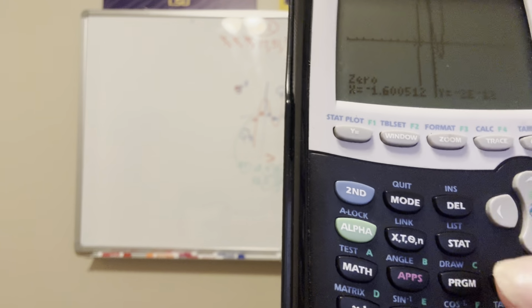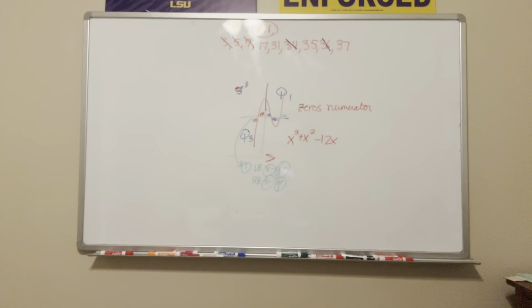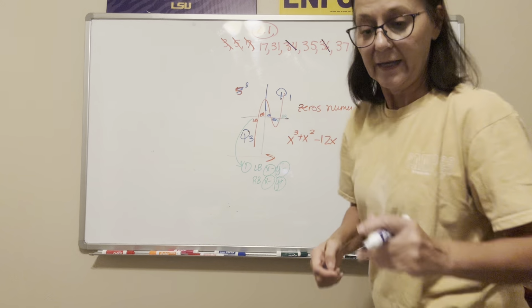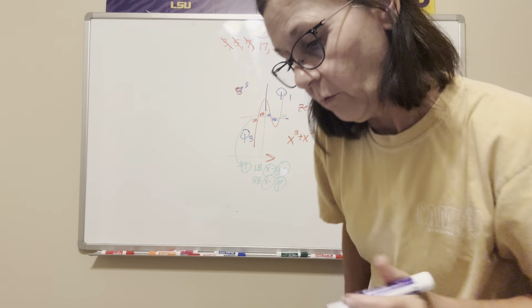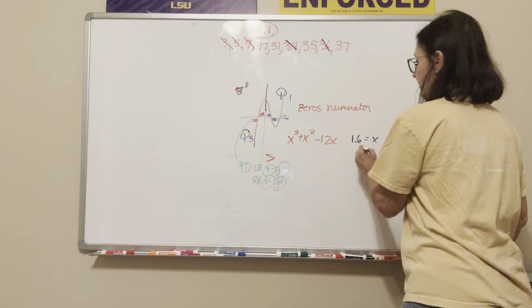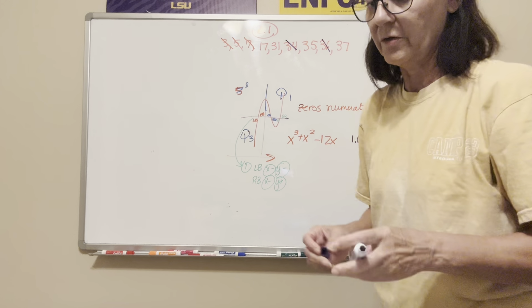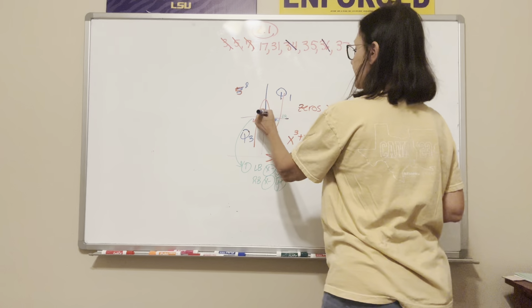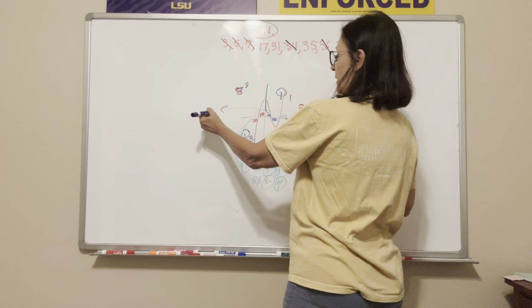Let's just do the second one, then we'll be done. All right? So now for the second one, wait. I got to write this down. 1.6. That's my first 0. We're only going to do 2 of them, so I won't know about the third one. All right. Here, for the second one,